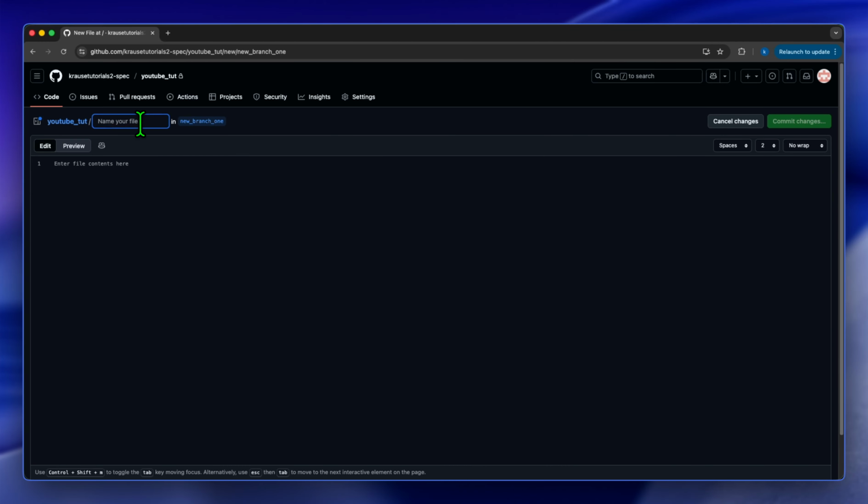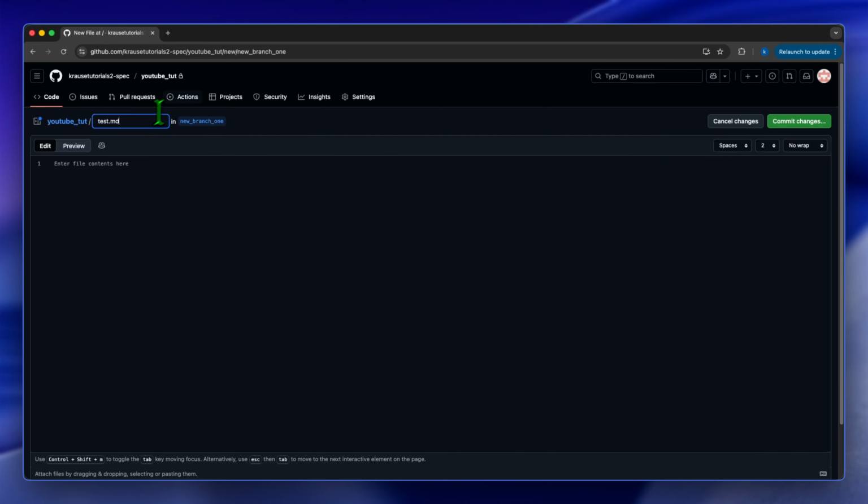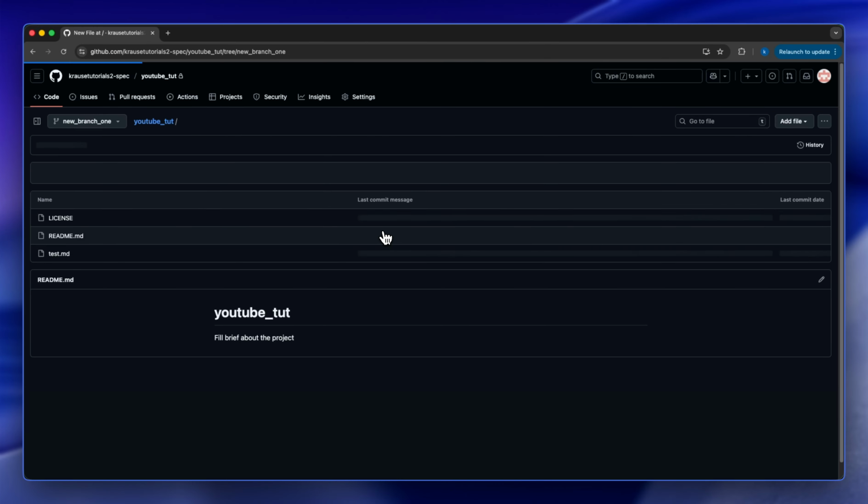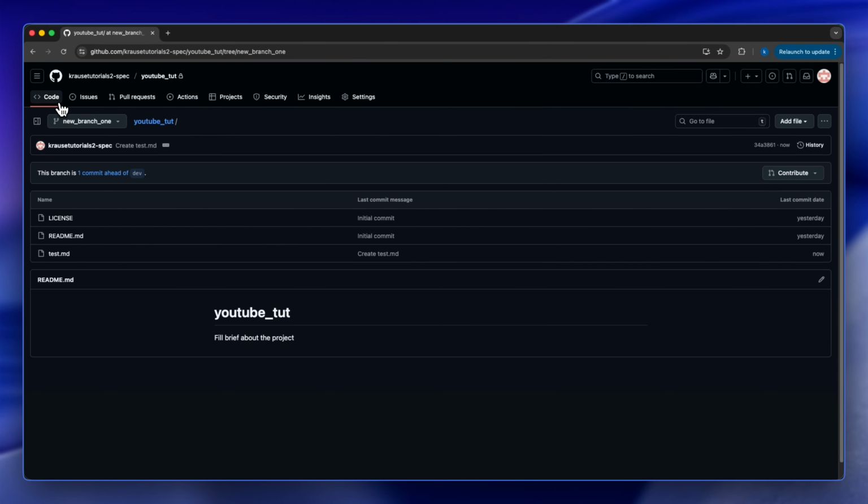And we're going to name the file tests.md, and we're gonna commit these changes to this branch. So we're gonna add a commit message, created test.md branch, and we're gonna commit directly to this new branch. So we'll commit changes. Now once we go back to this branch,